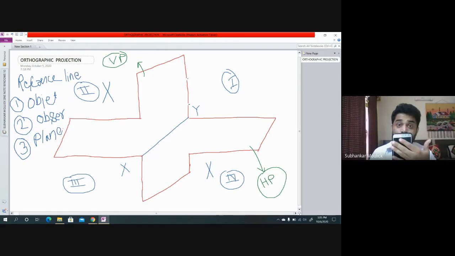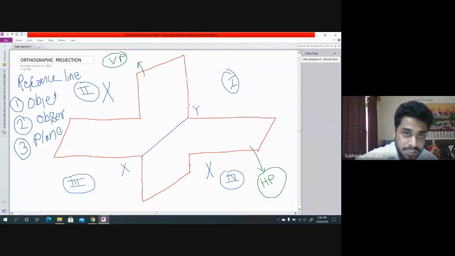Now this front view, in which plane will you get it? Either in VP or in HP. If this is my vertical plane and this is my horizontal plane, and my object is in the first angle projection method, you will see the front view from your end. But in which plane will you see it, HP or VP? VP. Yes, you will see it in VP. That is the third point. These 3 points you have to keep in mind.